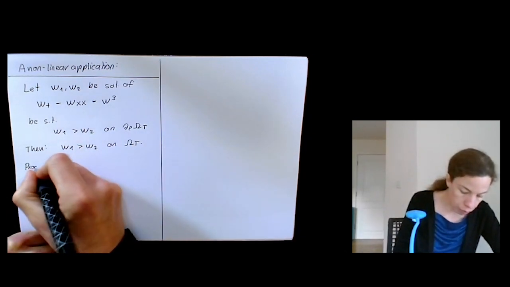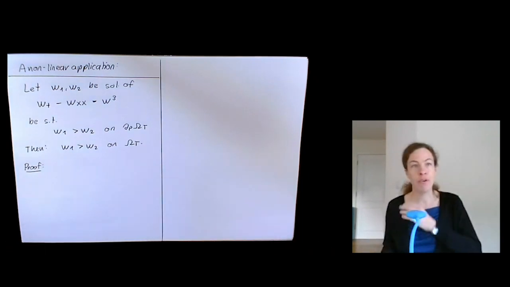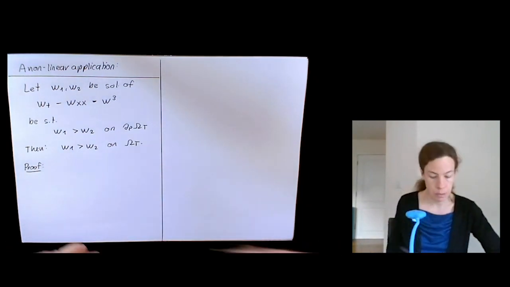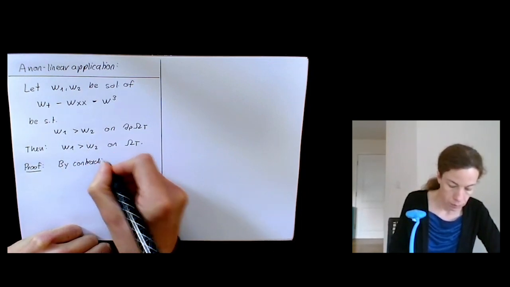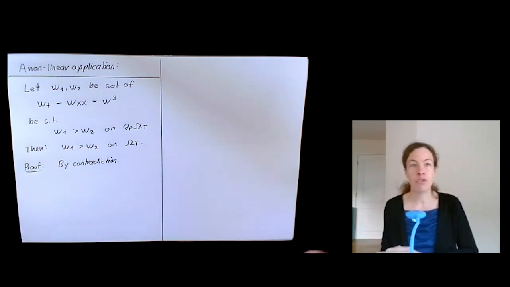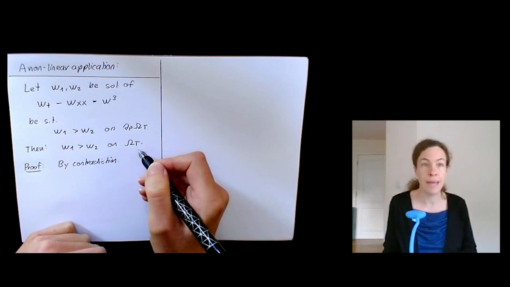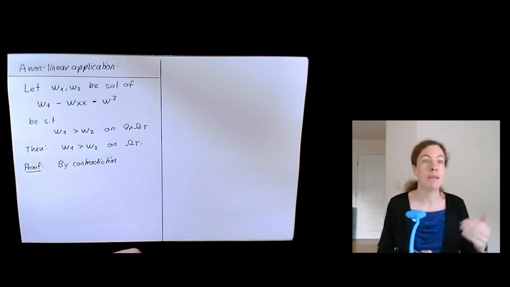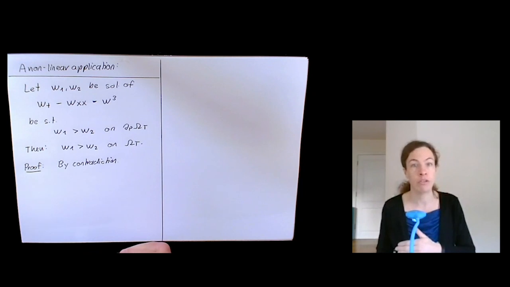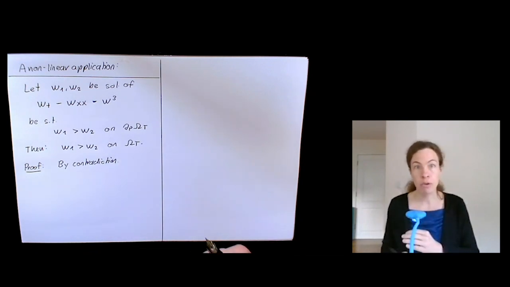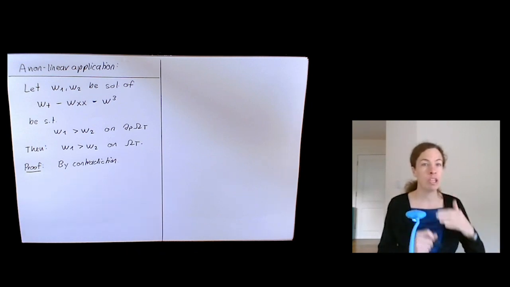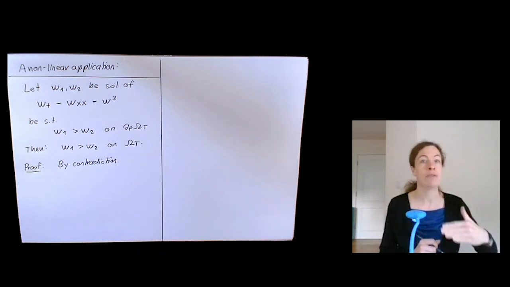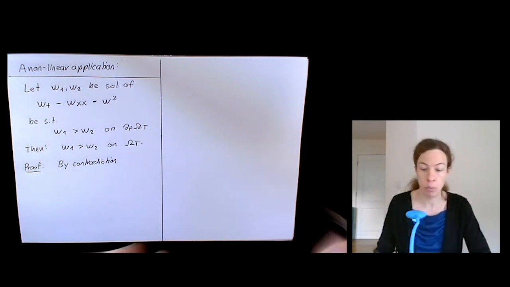So how do I prove something like that? Well, first of all, the easiest way of approaching this problem is to argue by contradiction. So instead of trying to show it directly, we're trying to understand what it would mean for this condition to fail, and how we could apply the maximum principle to get a contradiction from that. Now the trick is going to be that we don't want to work on the whole domain at the same time, but we just want to go to the first place, the first time really, where things go wrong.